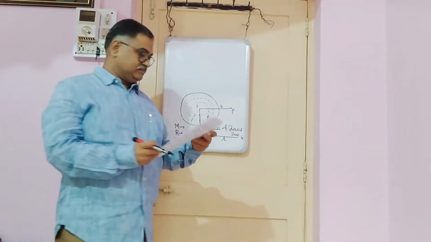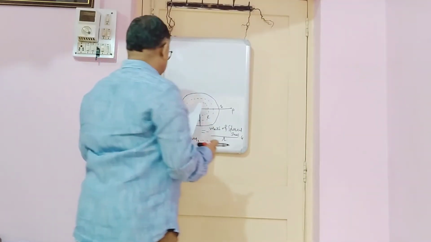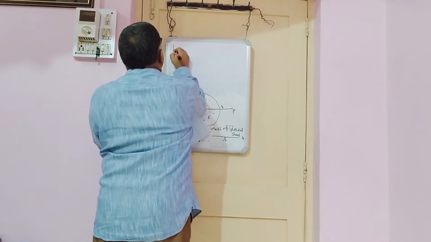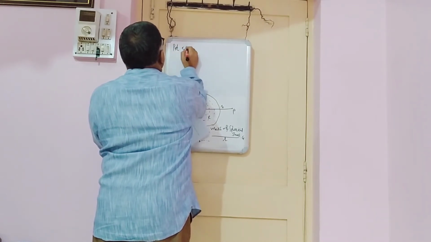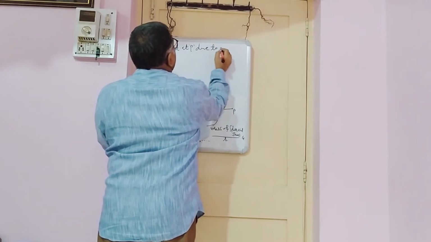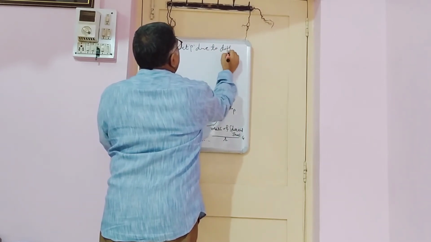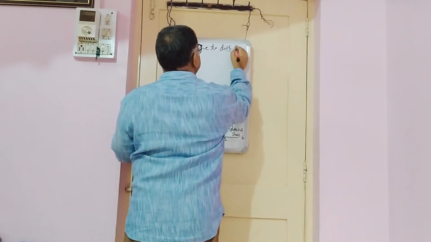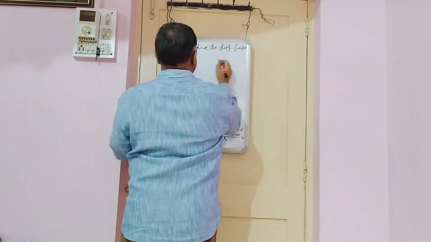See friends, hence the potential at P due to different cells is nothing but